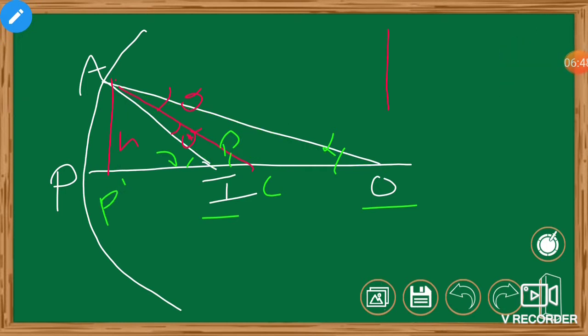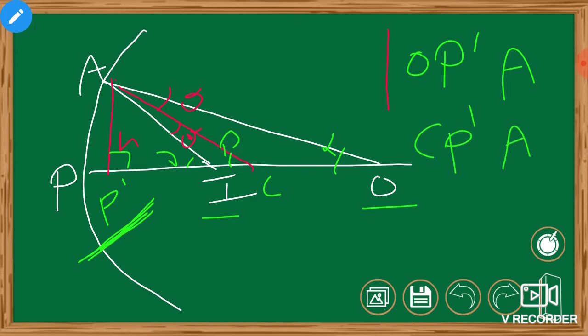Again, I will tell based on this rectangle, based on this right angle triangle, we find three right angles here. Here the angle forms for the three right angle triangles. For the three right angle triangles, here the right angle is formed. So based on this right angle, I will again repeat the triangles. What we found here is OP dash A and CP dash A and IP dash A.